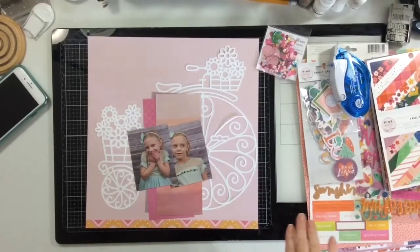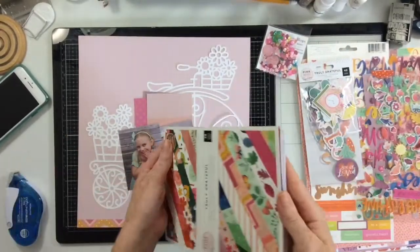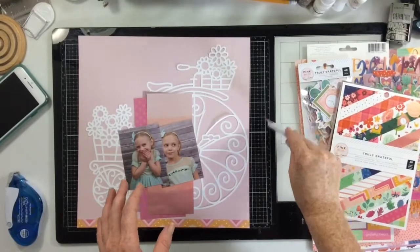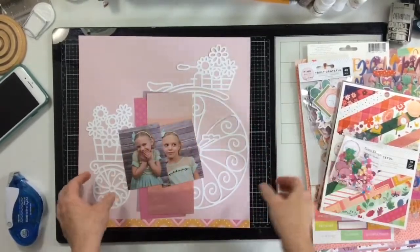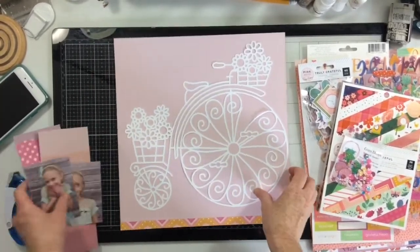Hello, hello everyone. Okay, so I have a layout for you today using the brand new Pink Paisley Truly Grateful collection. I'm going to be pairing that collection with these beautiful sequins from Spiegel Mom Scraps called Gumdrops. And I'm going to be using this cut file, which was a free file that Paige Evans shared in her